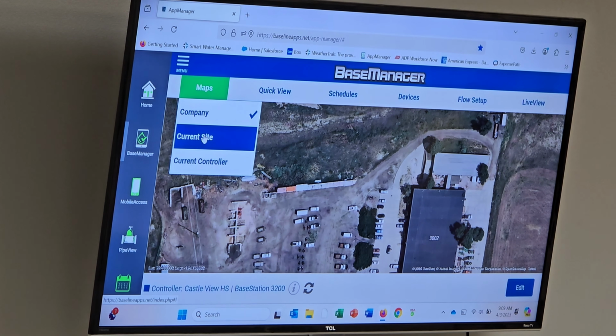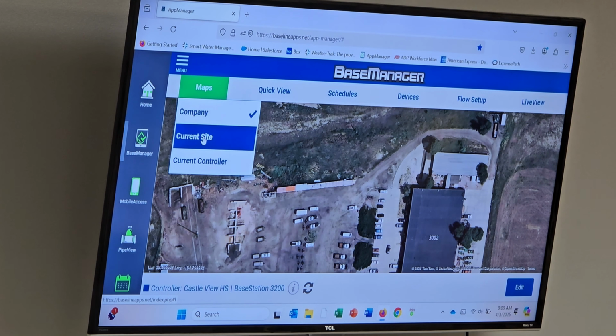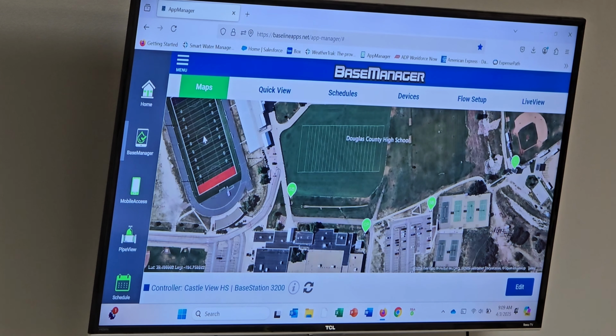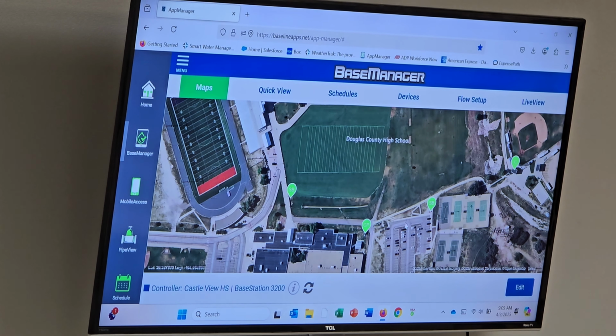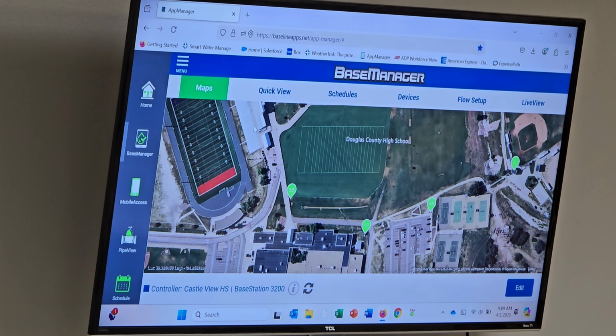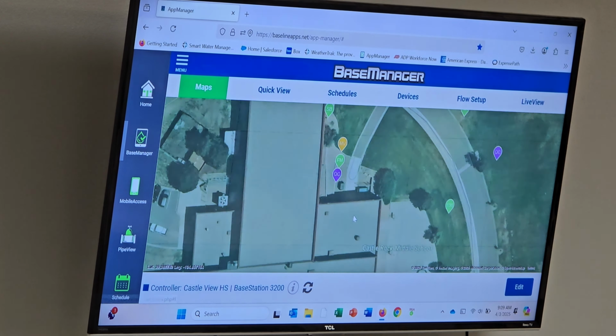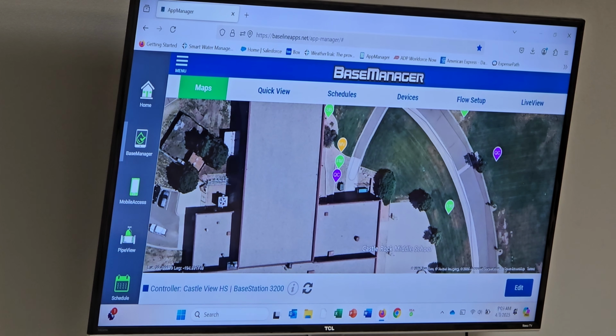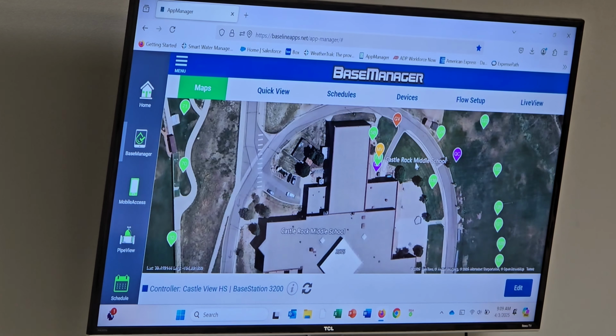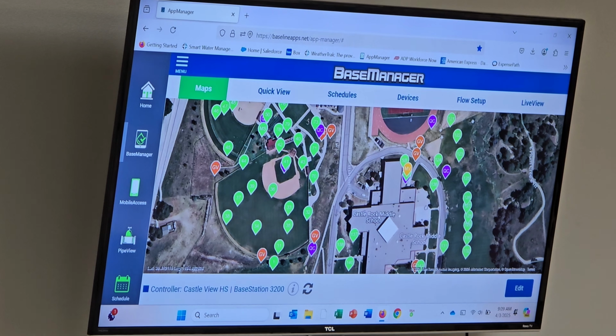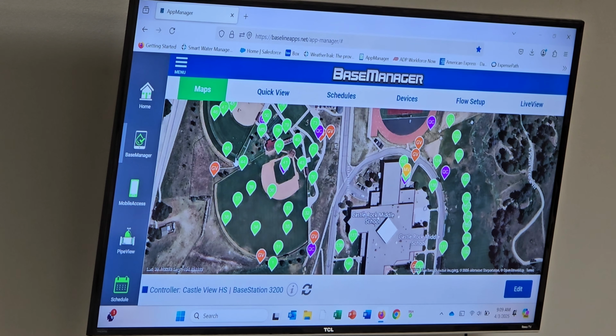So here's the company. This is Douglas County High School down in Castle Rock, Parker. Castle View High School. So here's his site view. You can see all this. Got substations, control points, controllers over here. Then his controller view. Oh, cool. All those numbers are zones. So these are all the zones. And it looks like he's using different